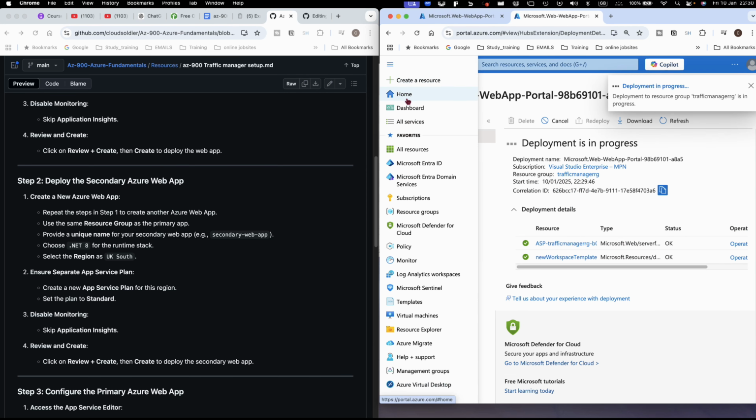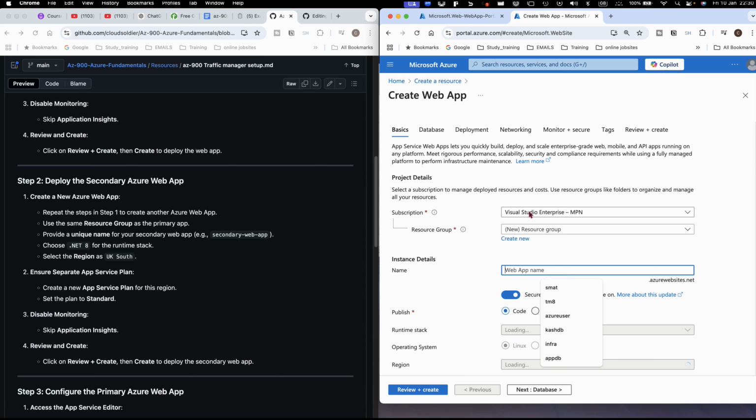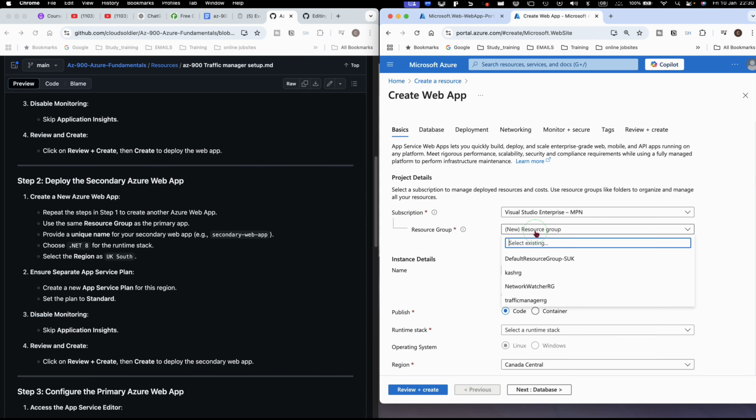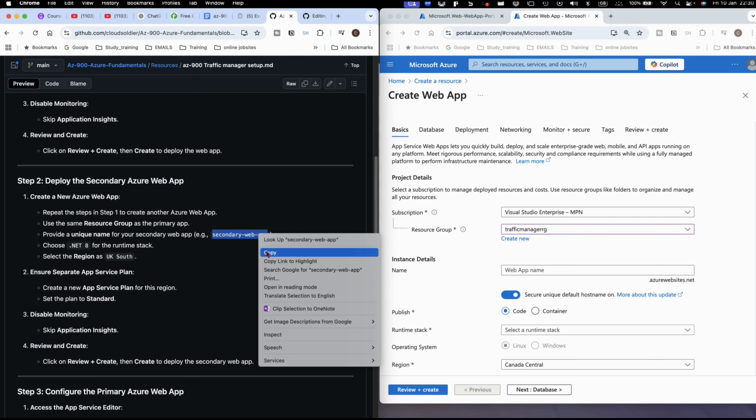And click create resource and say we already got here, so create, and we choose the same resource group we just created, Traffic Manager RG, and we call it this name. So just copy that from here, copy,